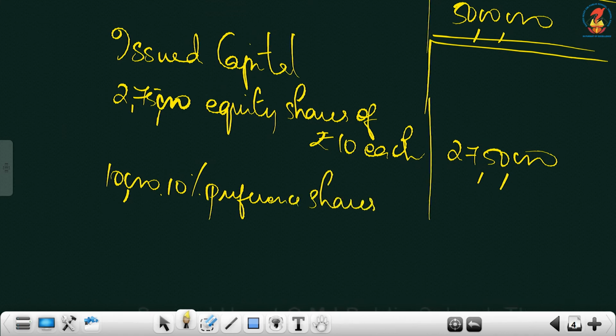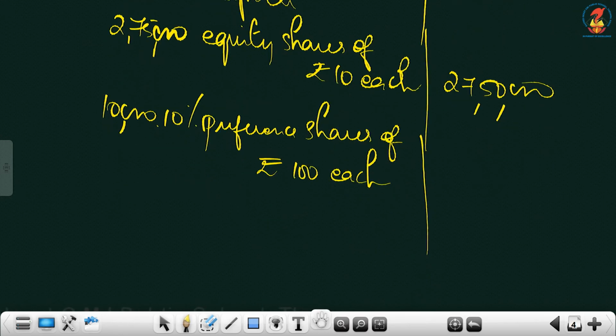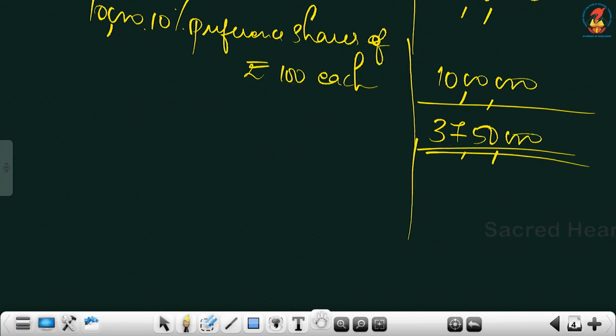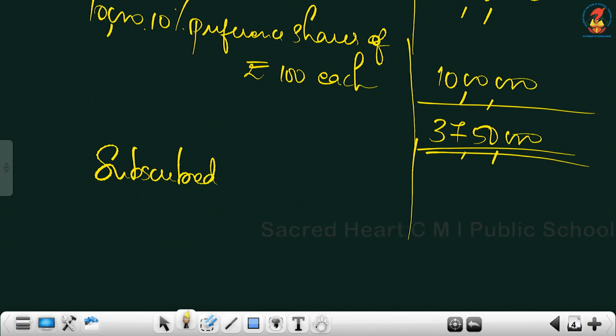Preference shares of rupees 100 each. For shares, the return is called dividend. It is not interest. The 10% is dividend. So the amount is 10 lakhs. Now you can write the total and double line. So this is issued capital altogether, 37 lakh 50,000. Then we have subscribed capital, and in this question under subscribed capital you must write both heads,